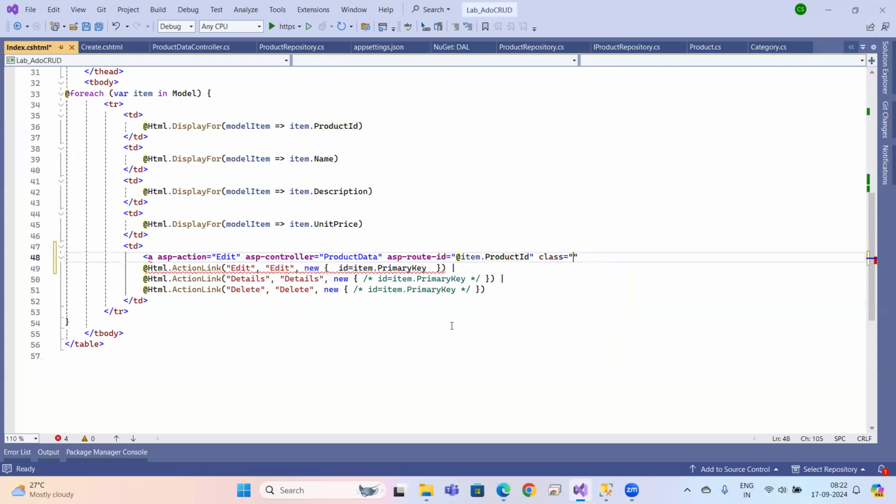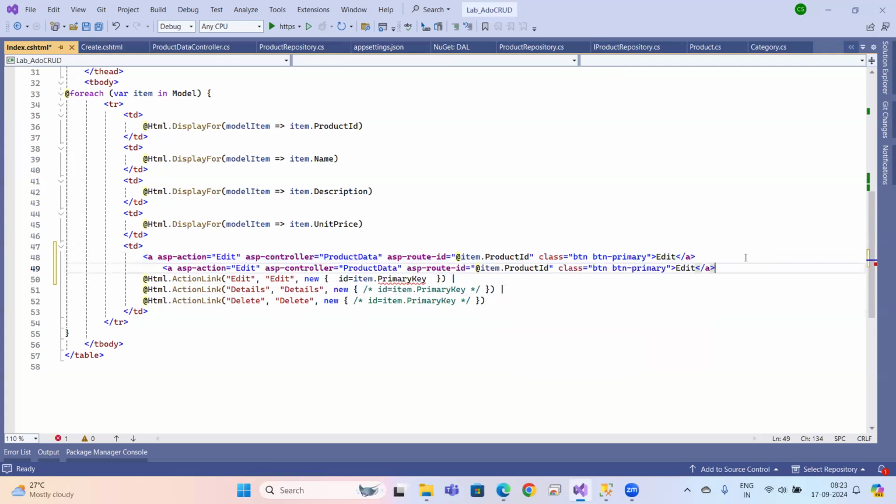Class btn btn-primary edit. This is for edit. Same things here for delete. Delete is the same name, and here product ID. Remove this,